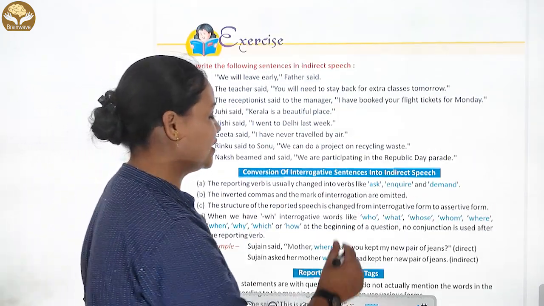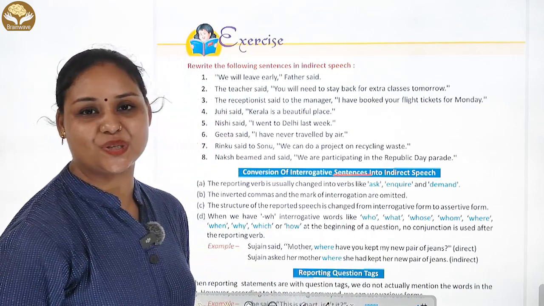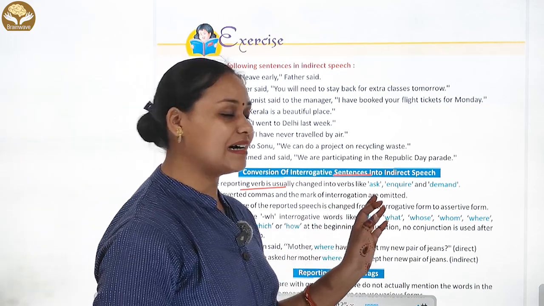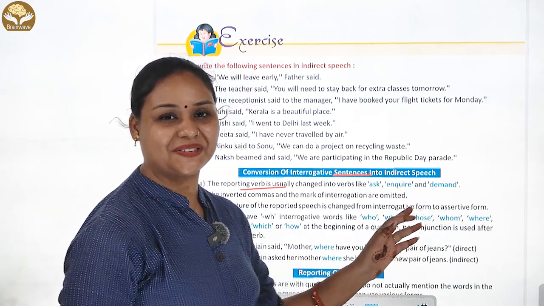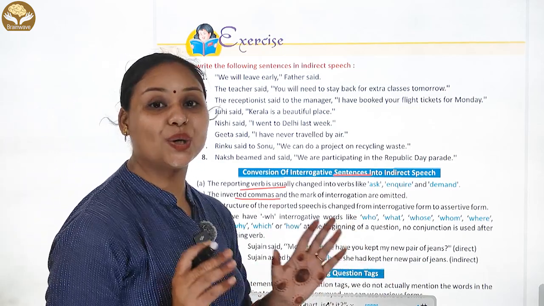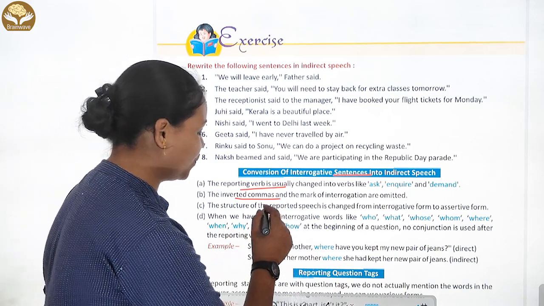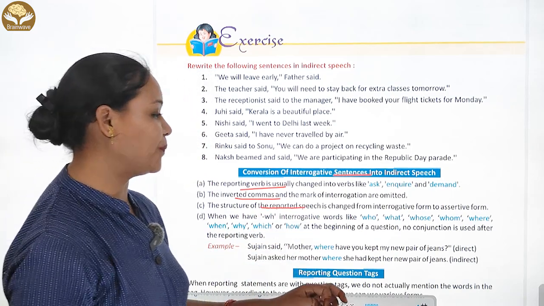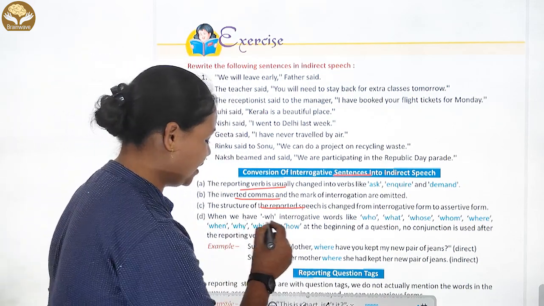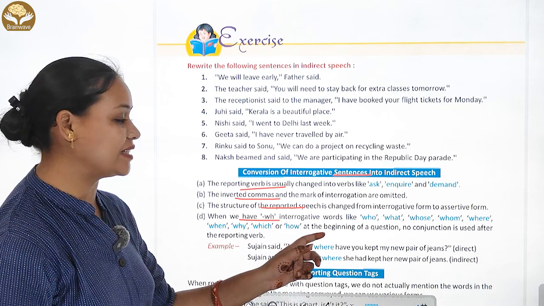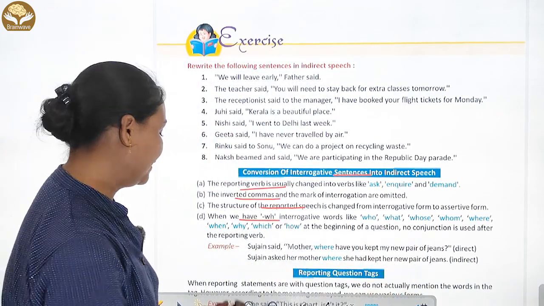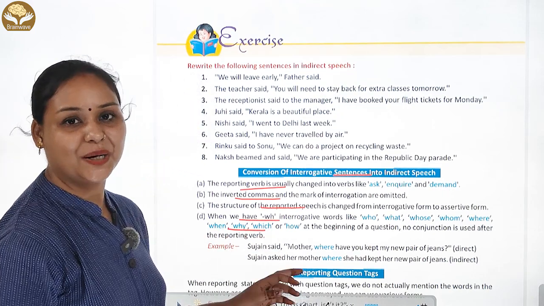हमारे पास conversion of interrogative sentences into indirect speech. The reporting verb is usually changed into verbs like ask, inquire and demand. Okay. चलिए, the inverted commas and the question mark are omitted. Next, the structure of the reported speech is changed from interrogative form to assertive form. Next, when we have WH interrogative words like who, what, whose, whom, where, when, why, which, or how